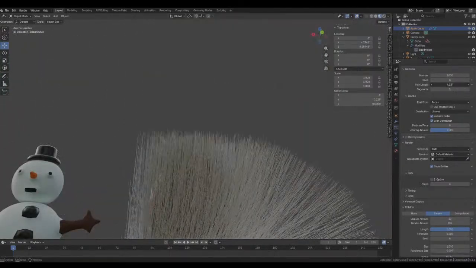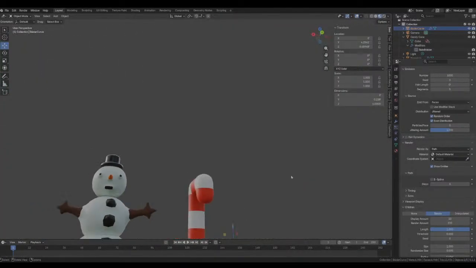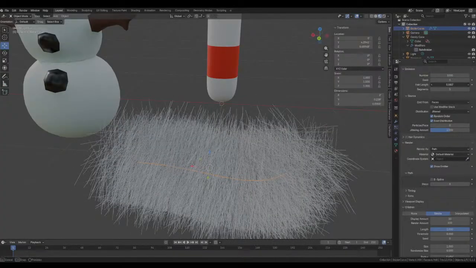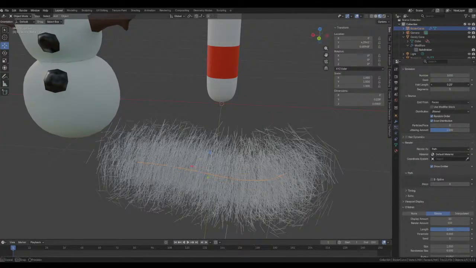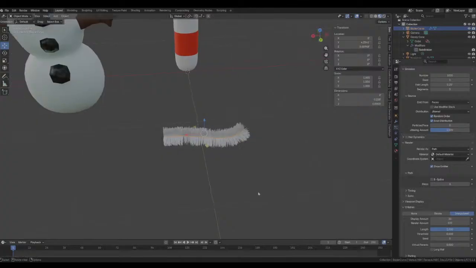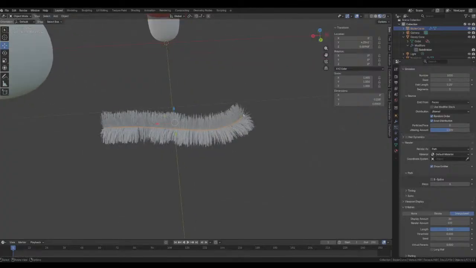You're basically saying to Blender that whatever I make, I want it to be a certain way. I'm glad that I did this, because this looks so nice right here already.